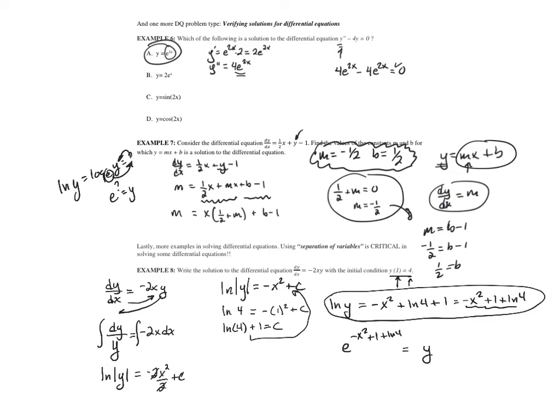And AP is not real big on simplification, but I kind of am. I think you should be able to recognize these situations. You could sort of think of this quantity as e to the negative x squared plus 1 being multiplied by e to the ln of 4. Because remember, when you multiply like bases, you add the exponents. Now, this first part isn't very interesting, but this one is, because e to the ln of 4 is just 4. So I would rewrite that as 4e to the negative x squared plus 1. And that's